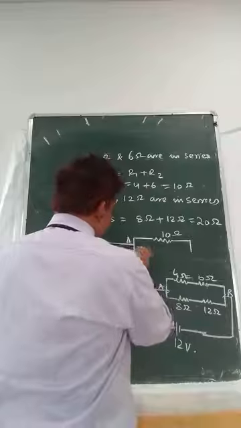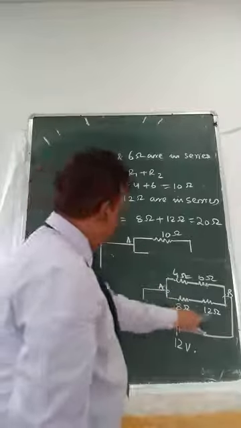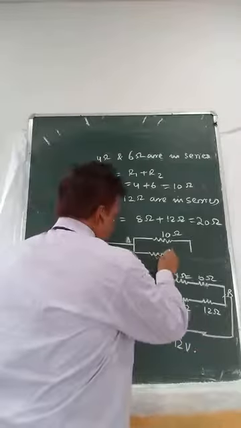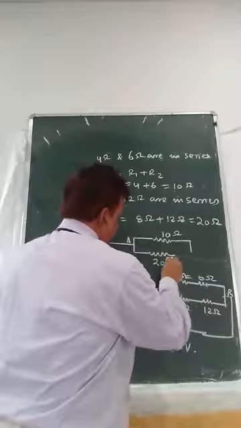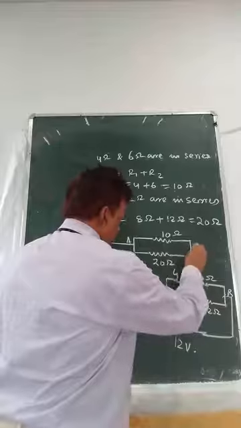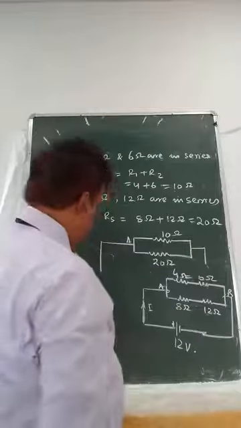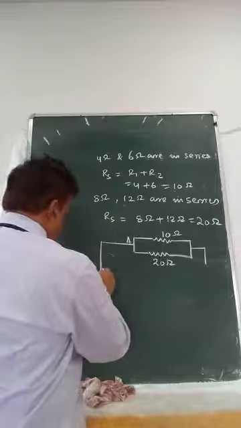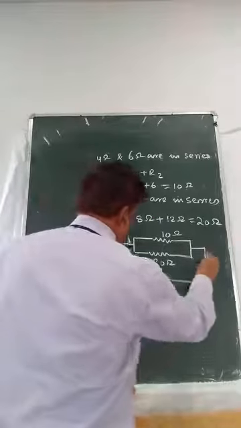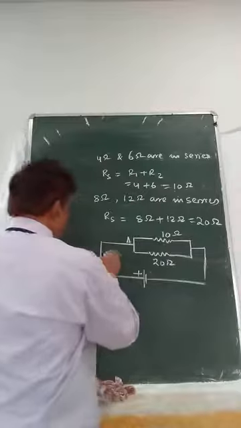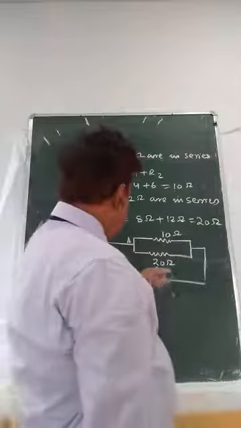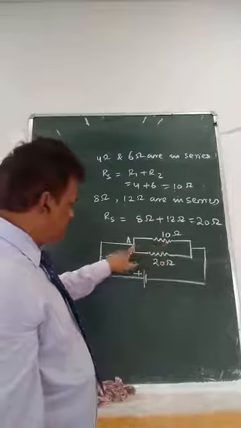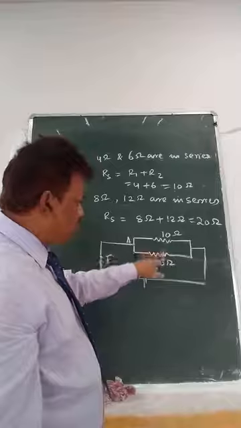Okay. Again here, these two also connected in series. Total is 20. So single piece, because combined means single, 20 ohm. This is your R. Now you can look at here. From this junction there is a piece of resistor here, there is a piece of resistor here. Then these two are in parallel.